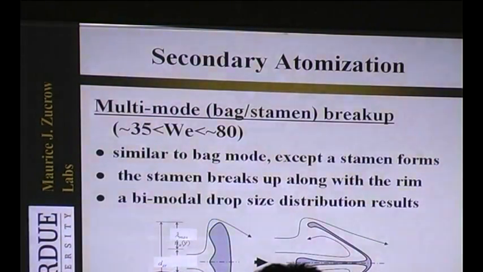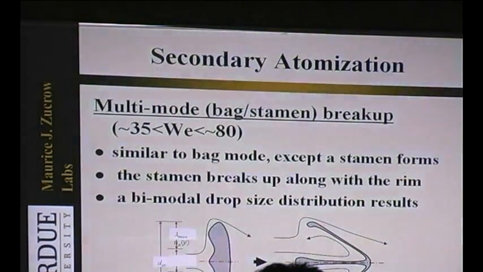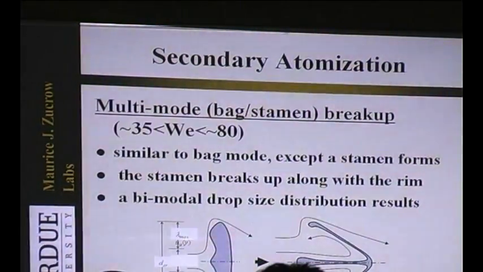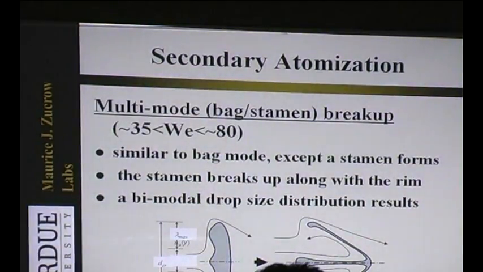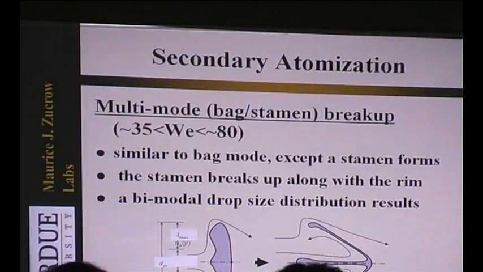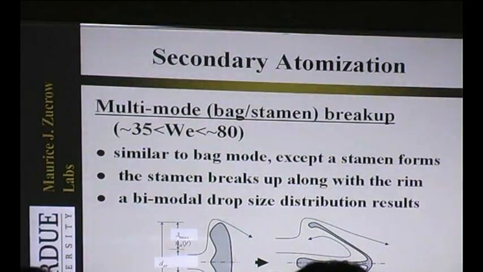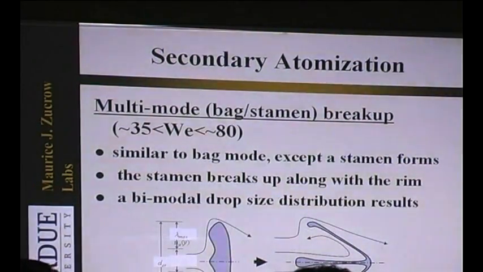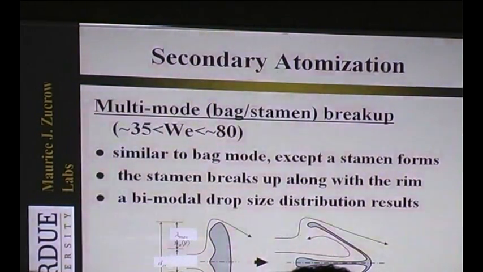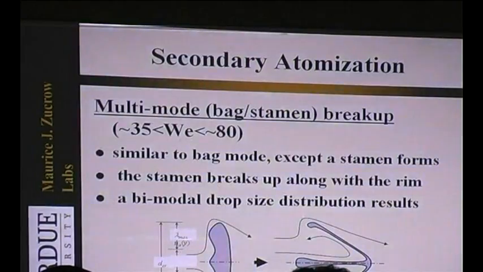The last piece of information from this slide is shown at the lower left, and it provides the geometry for an instability analysis that might possibly be an explanation for why we get the transition from bag to multi-mode breakup. And there are some characteristic dimensions in there: the cross-stream dimension, the wavelength of the maximum fastest instability mode, the